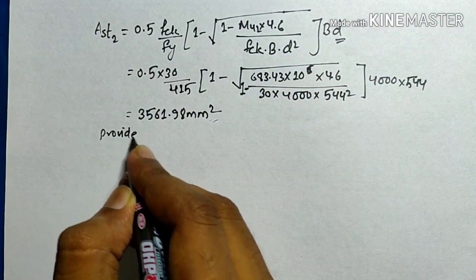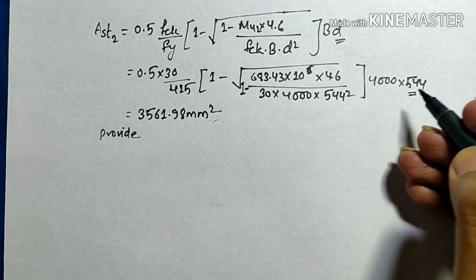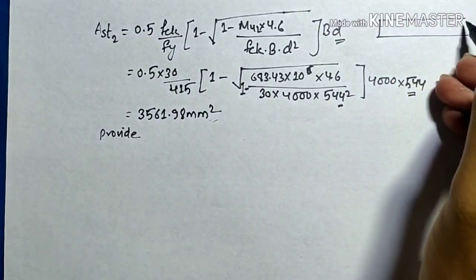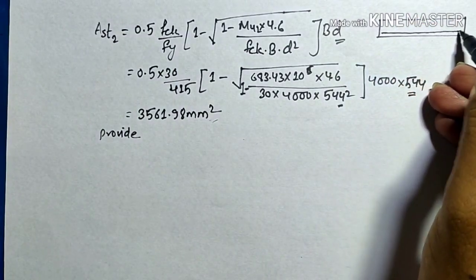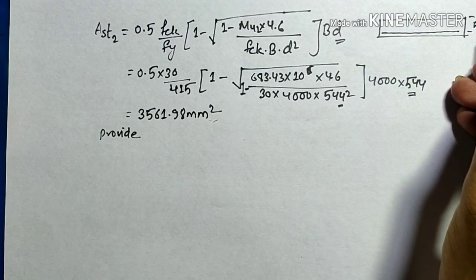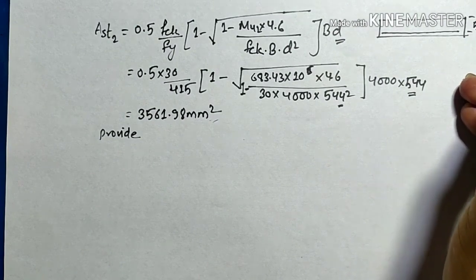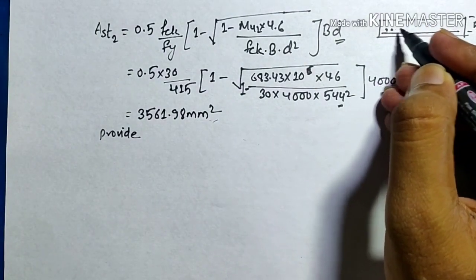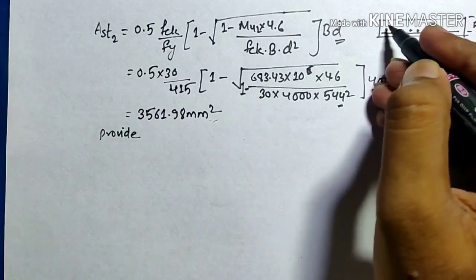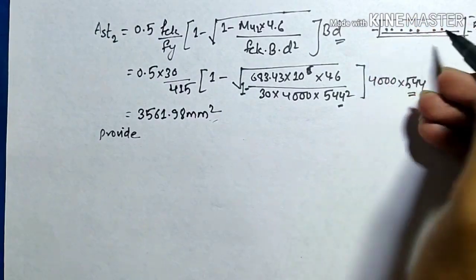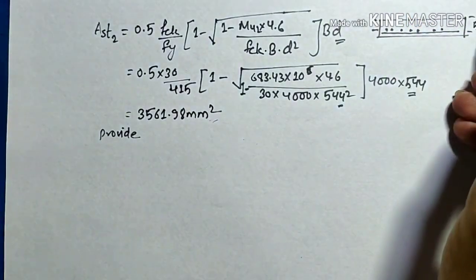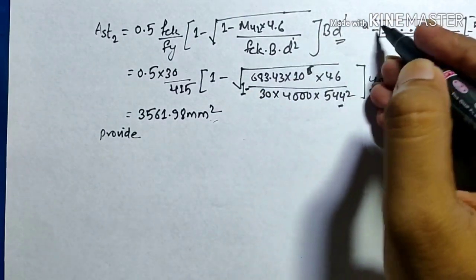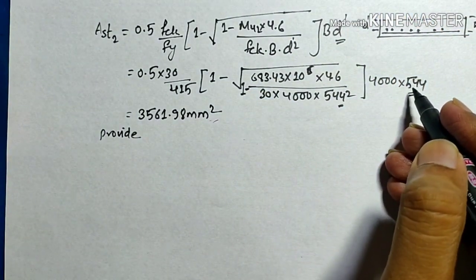And this time we had taken the value of small d equals 440 millimeter, because see here, this is our footing and the main reinforcement depth was 560 millimeter, and our second reinforcement will be here in the other direction, so we need to subtract the thickness of the reinforcement. So this is our D dash. Okay, this is our D dash. So we have subtracted the thickness of the reinforcement.